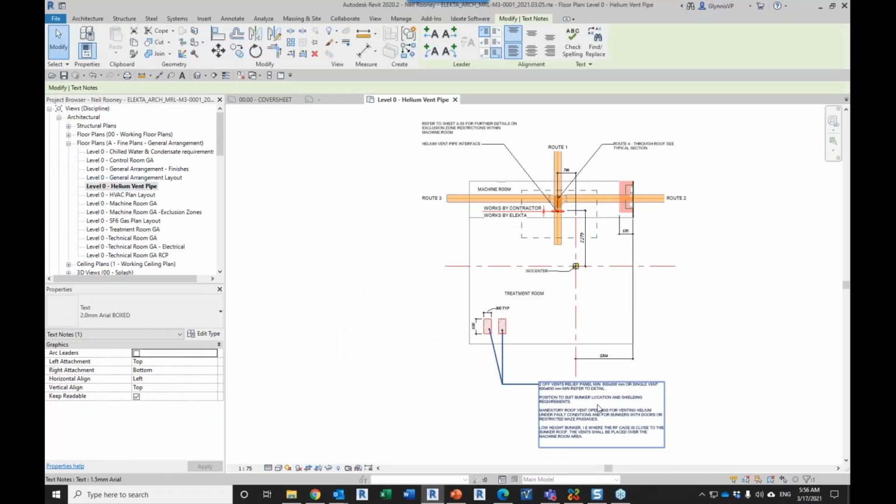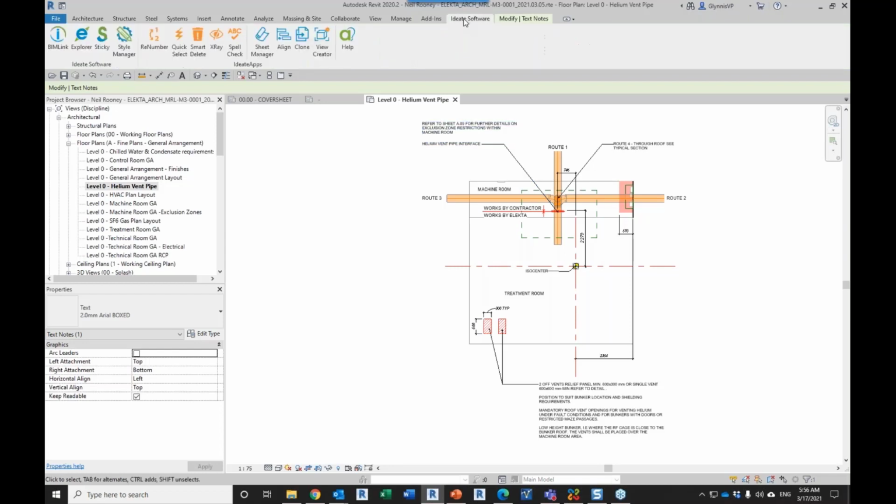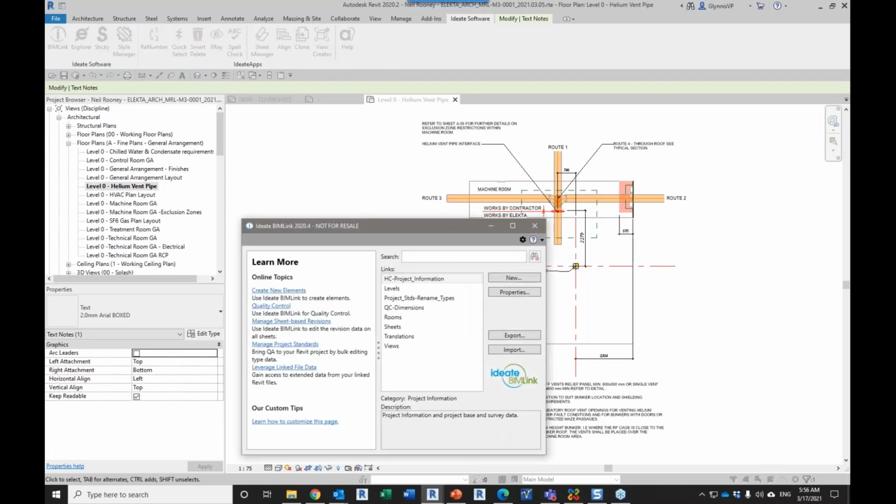But the other thing, let's just say these two things were in a group as an example. If they were both in a group, you would not be allowed to change the text. And that's just a limitation. If you were interested in filtering out the items that are in groups, I did want to add that is